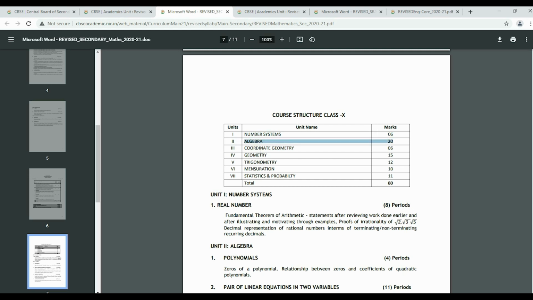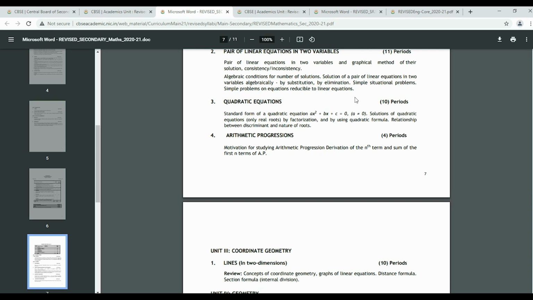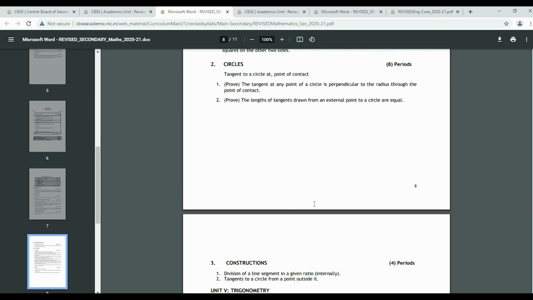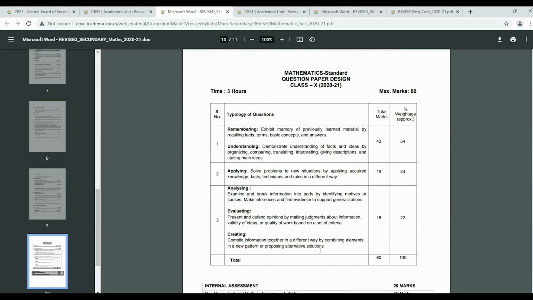But if you are finding coordinate geometry tough, it is of 6 marks, you can keep it for later. That okay, I'll come back to it later, it's only of 6 marks. Then you will see the chapters and the detail of the chapters, what topics and subtopics are coming in your exam. Further, you will see the typology. Now this typology is for the standard question paper, standard mathematics.